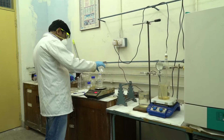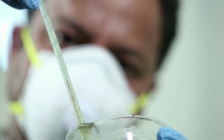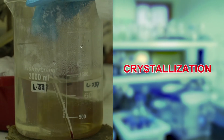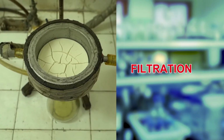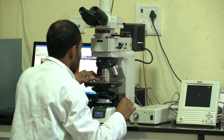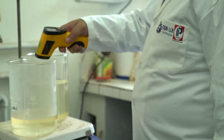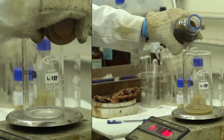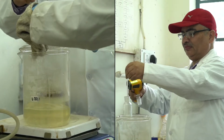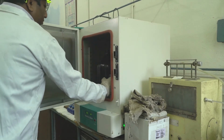The state-of-the-art wax de-oiling technology is a solvent-based technology which involves processing of waxy distillates in a series of steps comprising crystallization, filtration, solvent recycling. The key features of the technology include use of single solvent, lower solvent to feed ratio, unique multi-stage dilution pattern for maximum gains, high filtration rate, low chiller filtration area and refrigeration requirements,